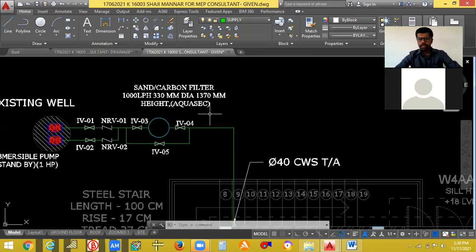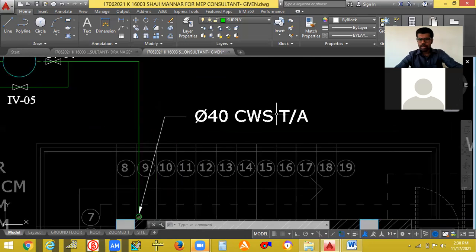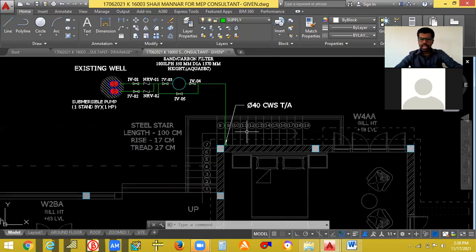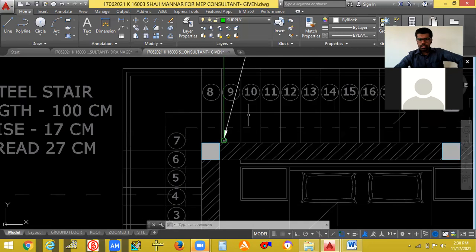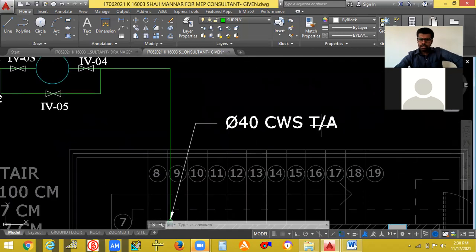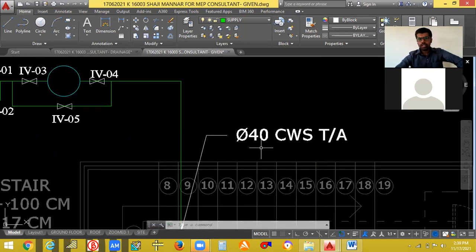Okay, I have just routed it only, but I have given the pipe diameter also. 40 CWS means 40 diameter cold water supply. T bar A means 2 above. So this is the riser. You can see here, this is the riser. This symbol shows it is a vertical pipe going up. So this denotes TA. You can choose 40 or 32 if you want.